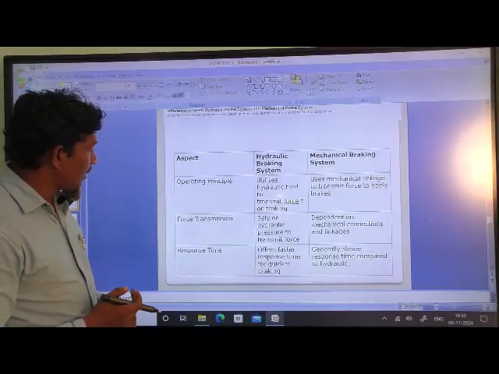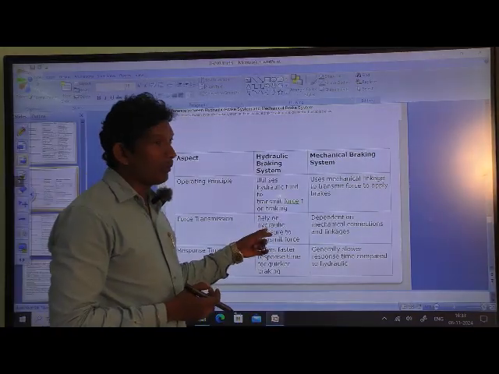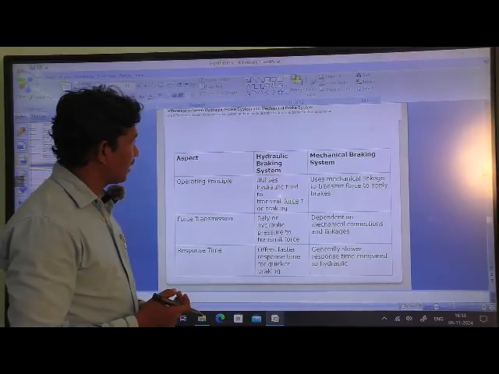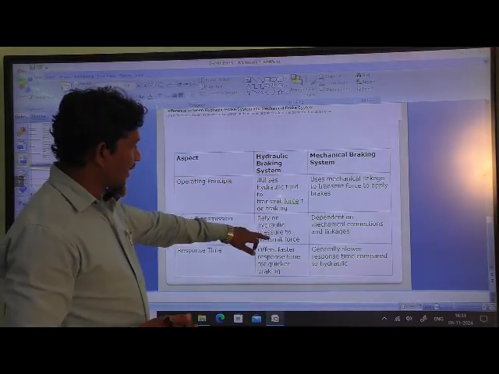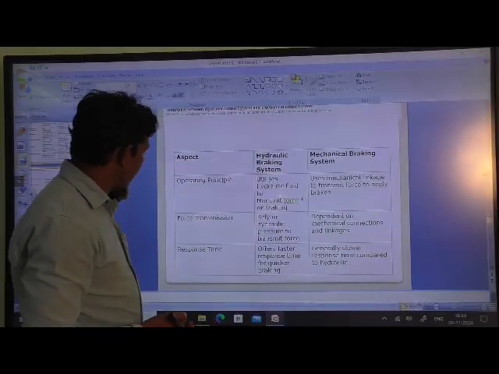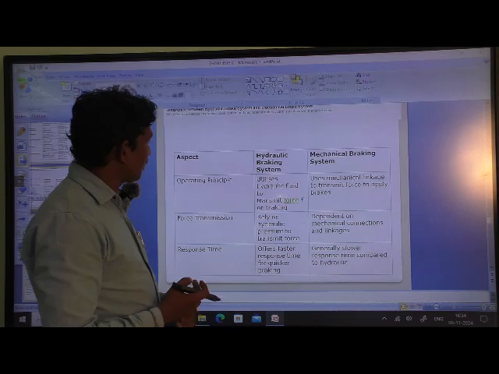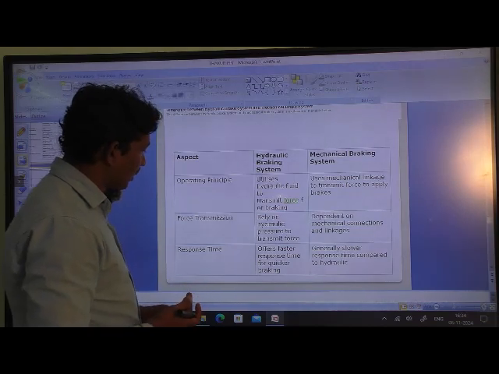Force transmission is by the help of liquid. In the mechanical braking system, a mechanical brake linkage is connected. Response time: hydraulic pressure is transferred quickly, but in the mechanical system